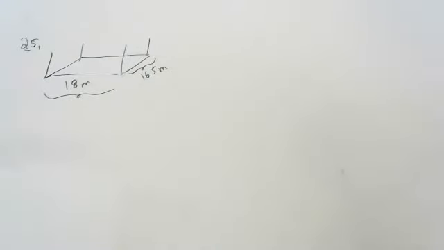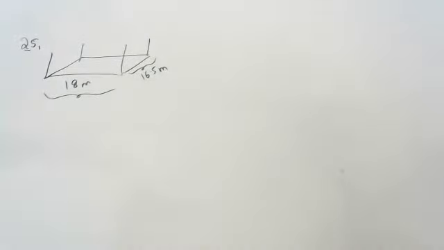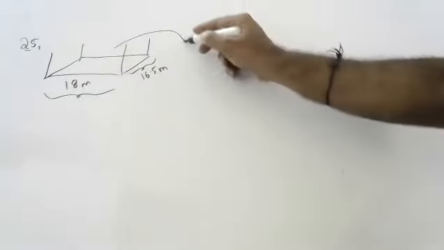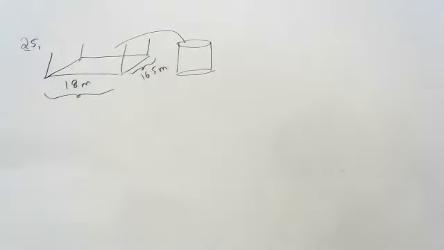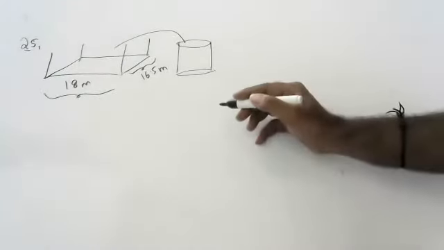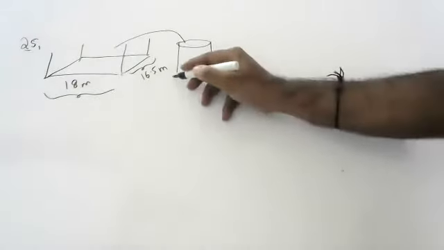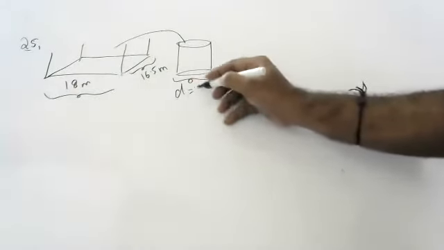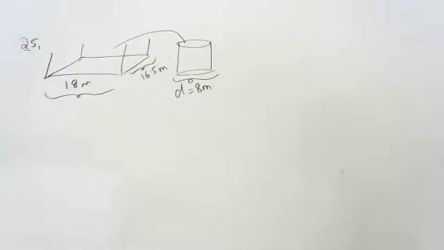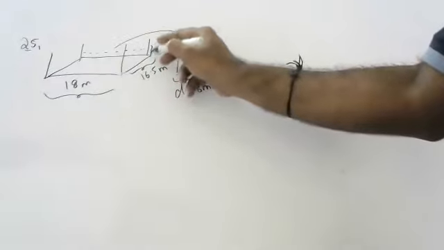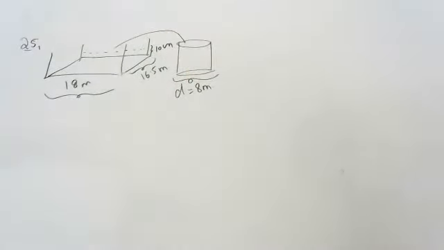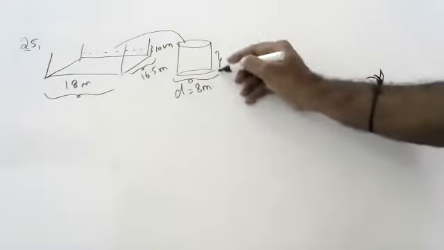Whatever water is falling here, the rainwater which is falling is stored in a cylindrical container. Later it is transferred and stored in the cylindrical container. The cylindrical container diameter is 8 meters. Okay, and it is raining 10 centimeters in one day. So the rainwater is 10 centimeters. When you put that water, what will be the rise in level here?